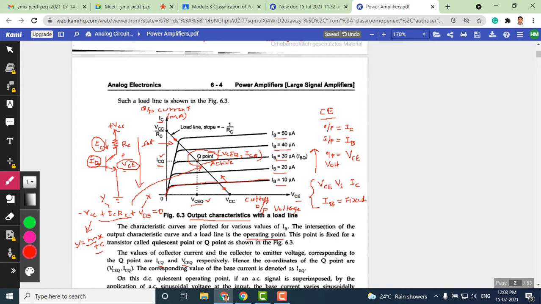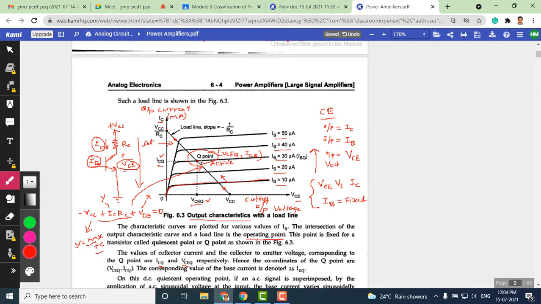And now we are saying that this point can be anywhere on this line. What is a straight line? A straight line is nothing but a collection of points. There are many points here, and the collection of these points makes a straight line. Now we are fixing the Q point, one point on the straight line, which is the mid of this extreme end and this other end. So this is called the quiescent point. We are labeling this as the Q point. Since it is in the active region, it is suitable for amplification.